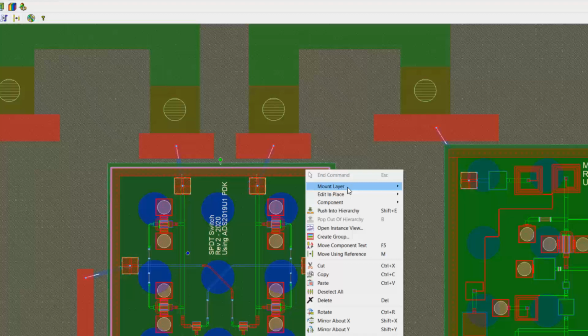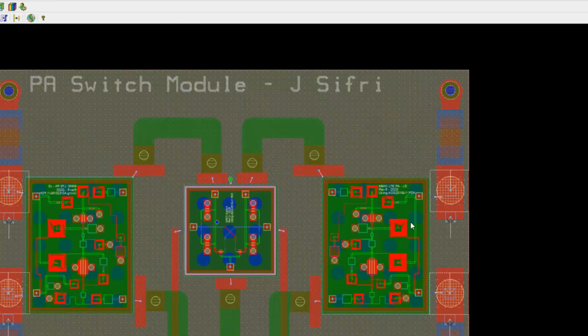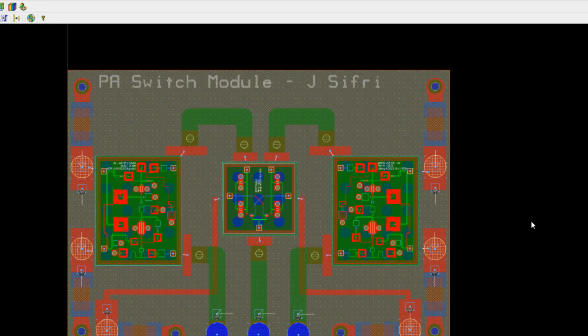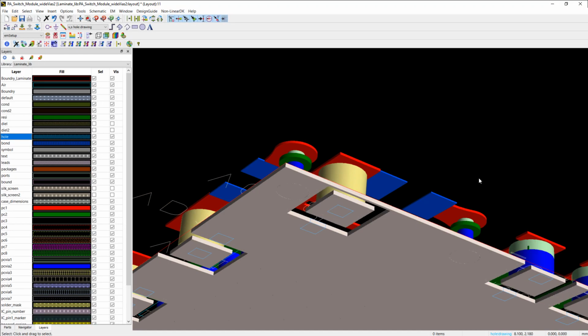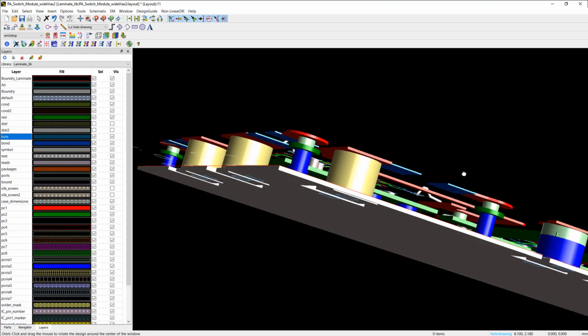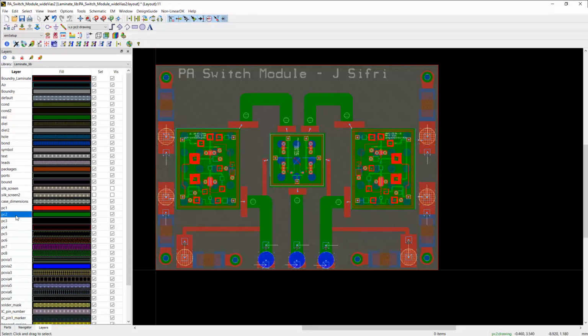And here you can see I chose the mounting layer PC2. Now here's the 3D view of the module. Now notice as I rotate the module, notice the connect pads at the bottom of the module that are cut with clearance around them. These were made in order to connect to another test board later on with solder bumps.